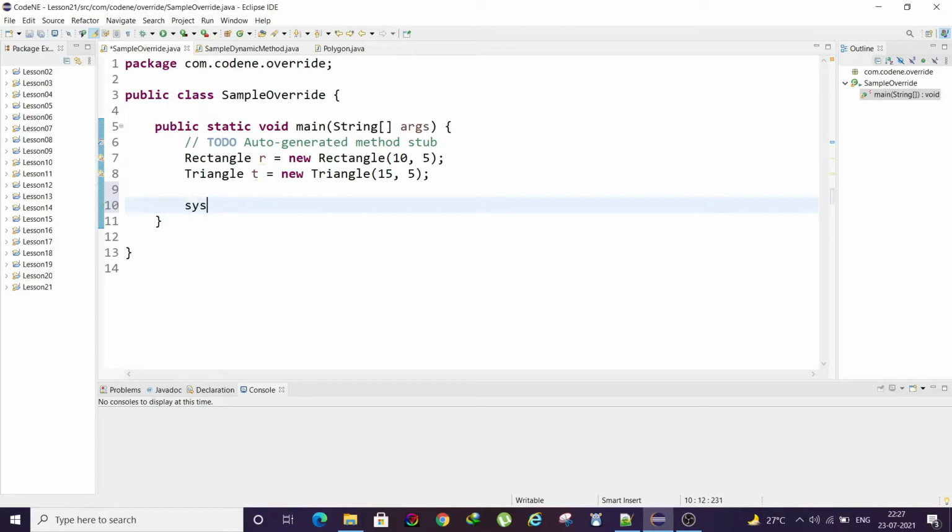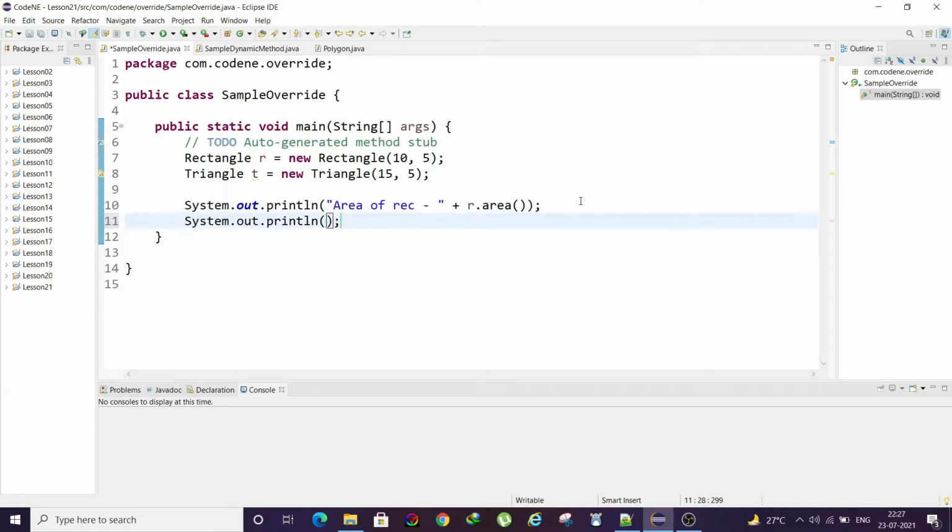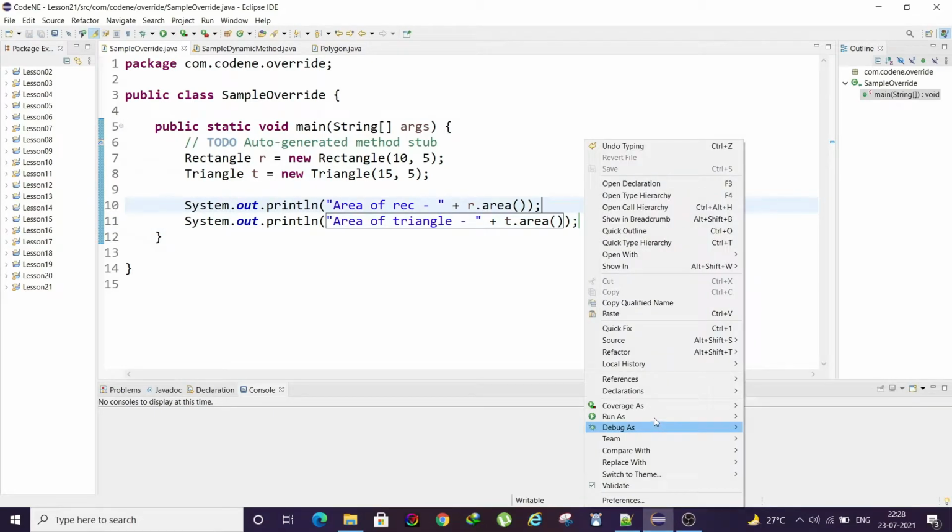I'll use print, and just for shortcut I'll write r.area. Similar to this I will write area of triangle, plus t.area. So when I run this,